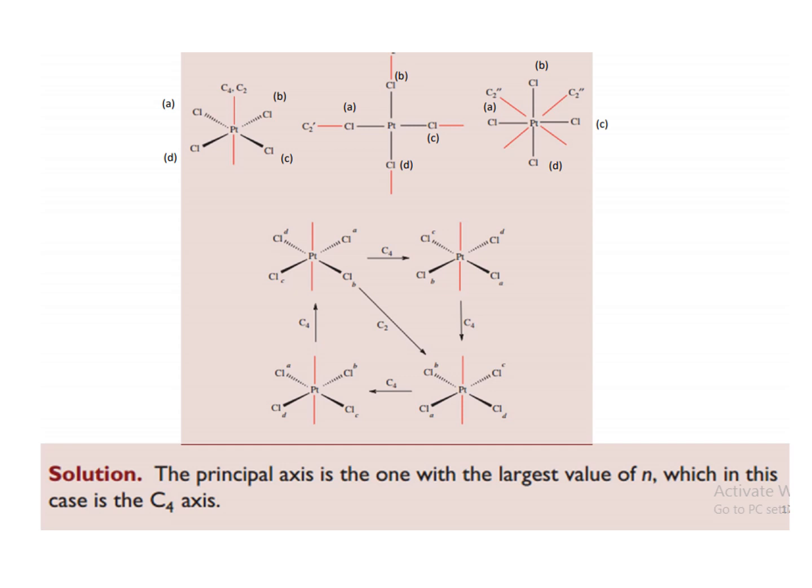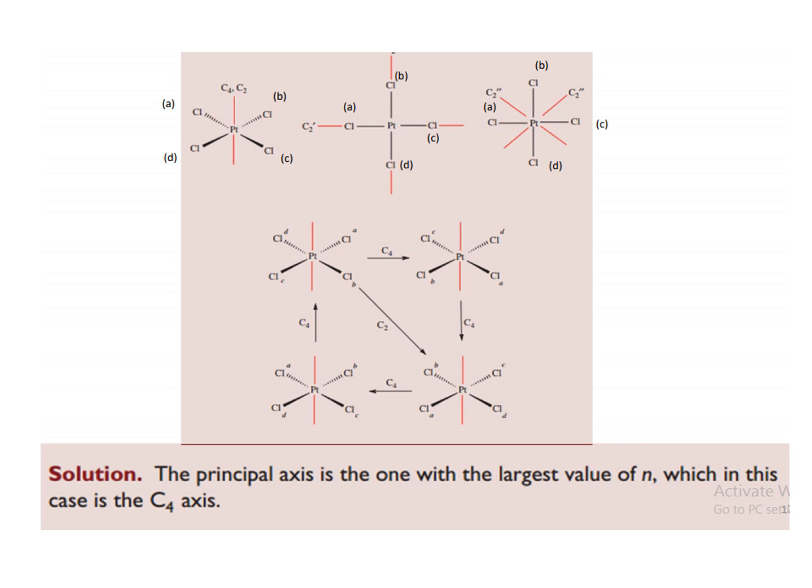When we pass an axis through platinum from another angle, we can see that only 2 chlorine atoms change their place, so it also possesses a C2 axis. So a principal axis of C4 and subsidiary axes of C2 are present. How many C2 axes are present? We can say that 4 C2 axes are present.